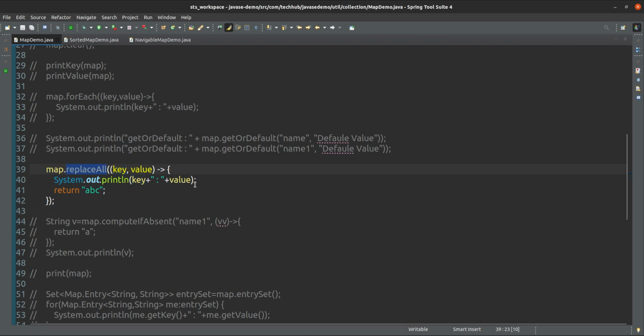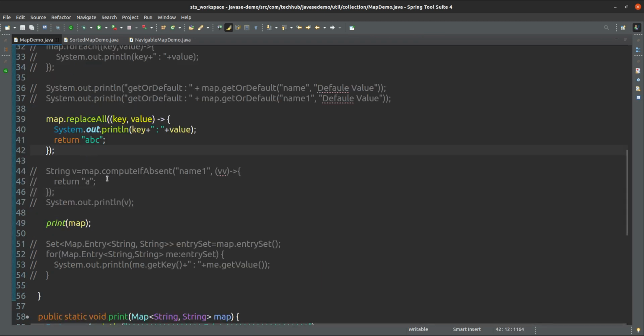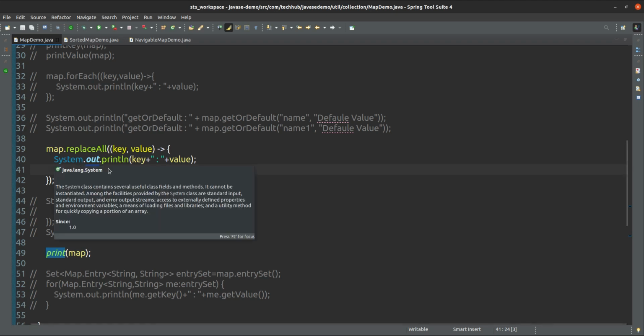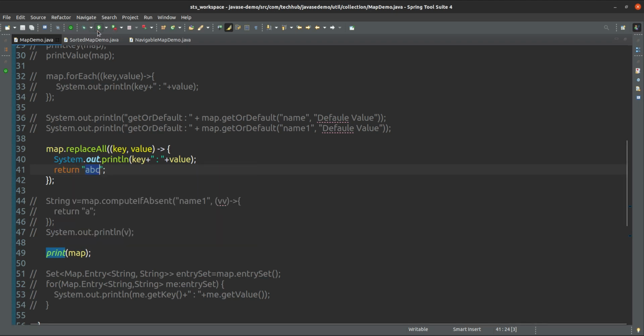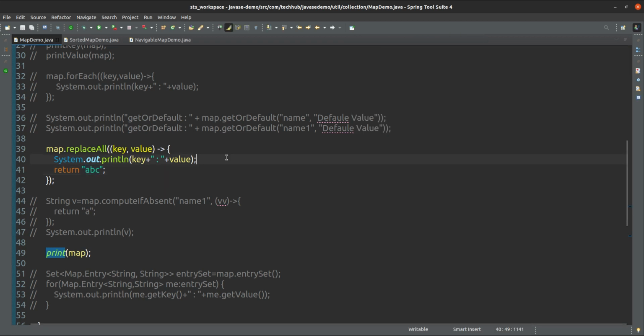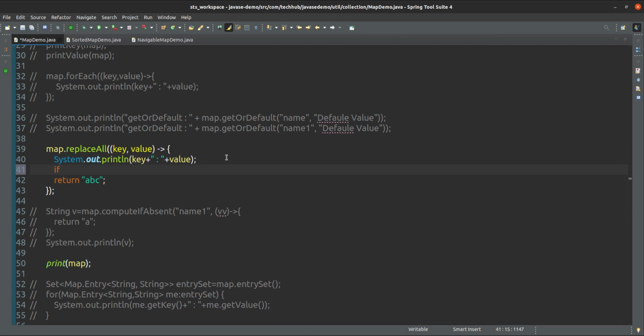I think we forgot to print replaceAll. What it will do is replace all the values with this value only. Firstly, this is the actual map. After that we have applied replaceAll, so it is replacing all the values with ABC only.